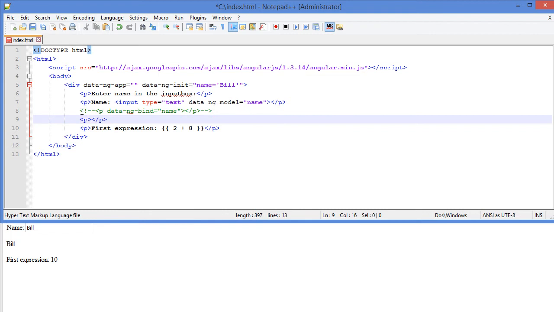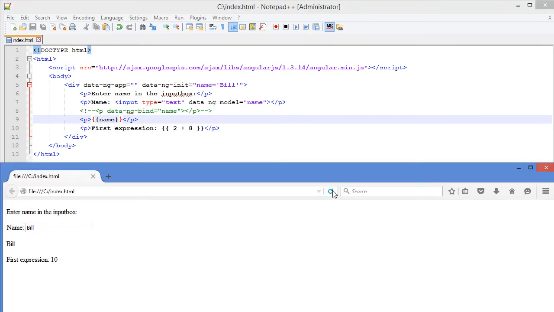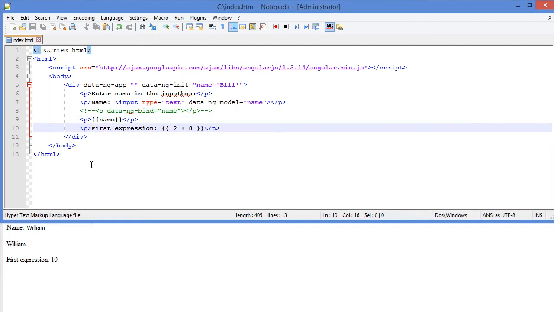So let's define this AngularJS expression here in the two curly braces, and let's reload the web page again. So now you could see this is still working fine. The Bill value is being displayed properly. So let's evaluate this by entering a different value. So now you could see the model and view are still bound, and the AngularJS expression, which is actually present in the two curly braces, is being displayed properly.